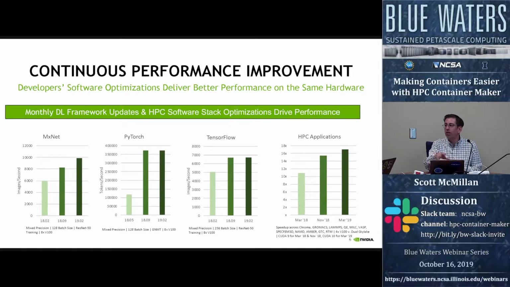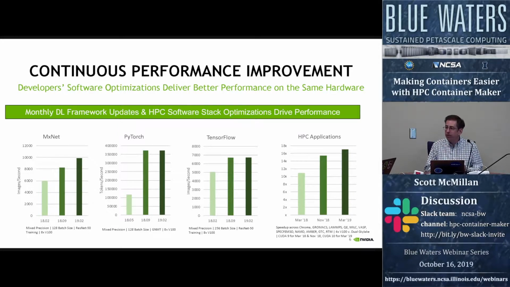I want to focus on the one on the right because this is an HPC audience. This is showing a basket of popular HPC applications, GROMACS, LAMMPS, things I think everybody has probably heard of, and showing the speed up of running the NGC container compared to a non-GPU host system. Over the course of about a year, it went from a 10x speed up to a 16x speed up, so about a 50% performance improvement on the same hardware, no changes to the hardware, just